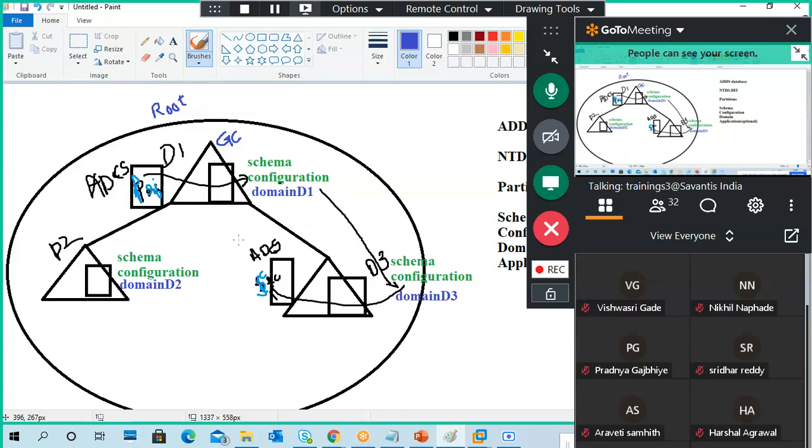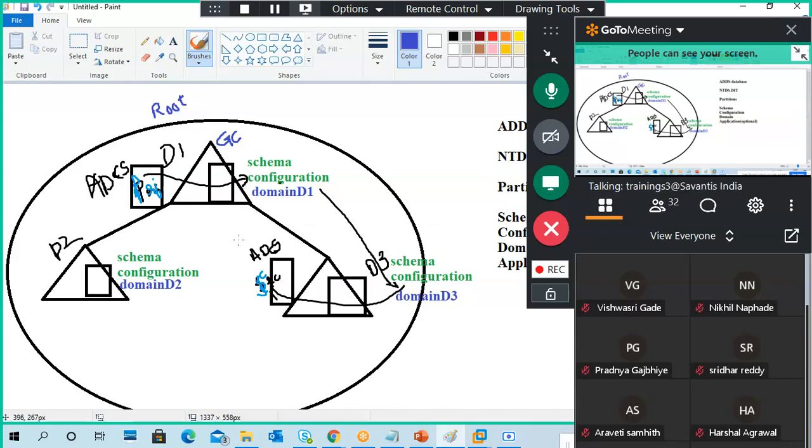Of course every domain should have a domain controller, but that domain controller is not required to be a global catalog server. By default, the first domain controller in the forest, meaning the first domain you are creating, automatically becomes a global catalog server.